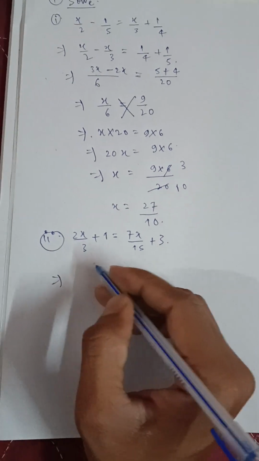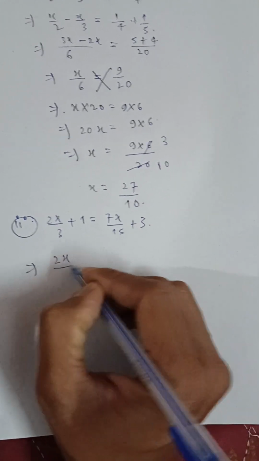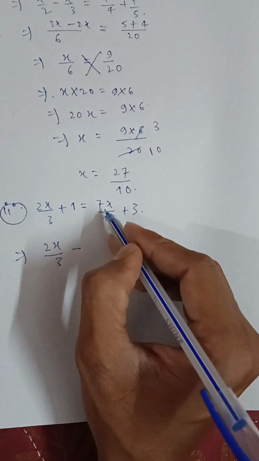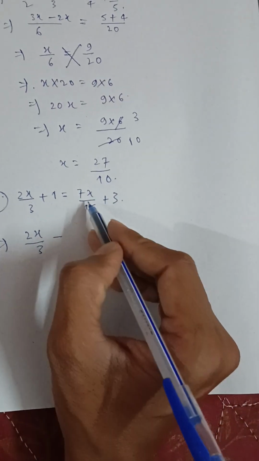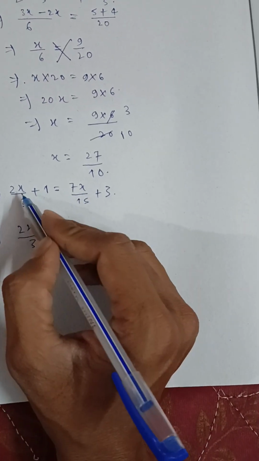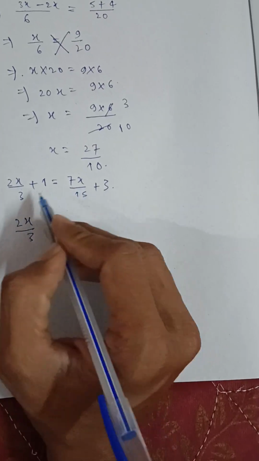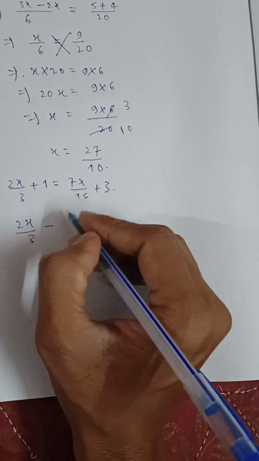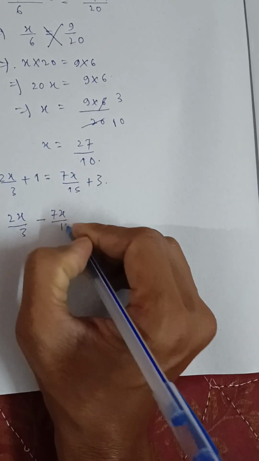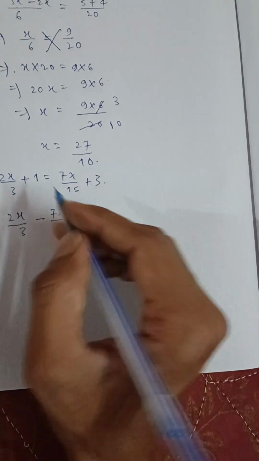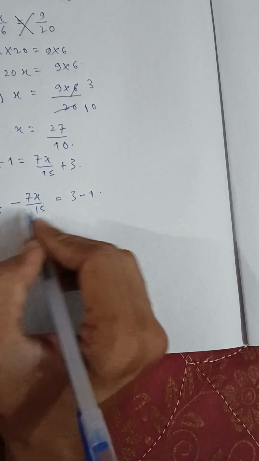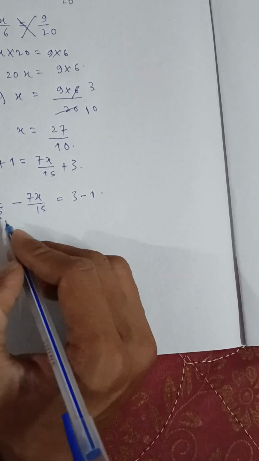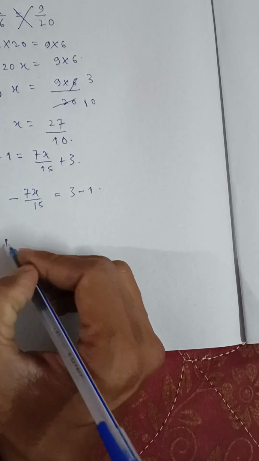So 2x by 3, minus, here 7x by 15 is in positive sign, so in LHS its sign will be changed, so positive becomes negative, 7x by 15 equal to 3 minus 1, so 2x by 3 minus 7x by 15, the LCM of 3 and 15 is 15, so